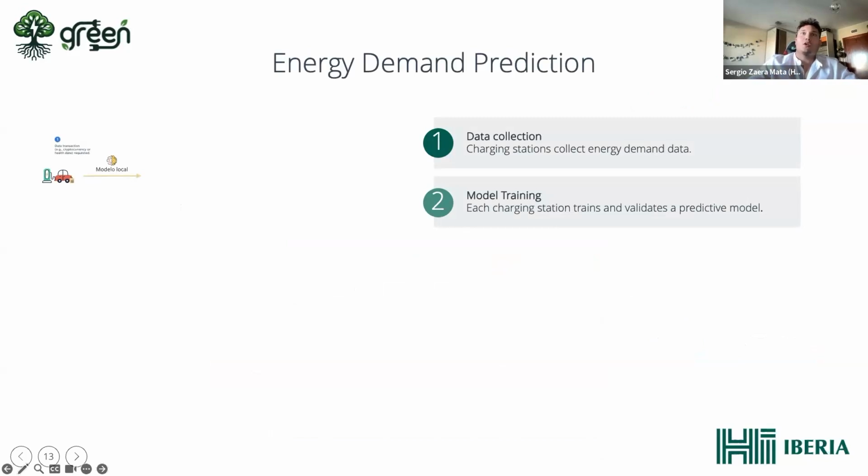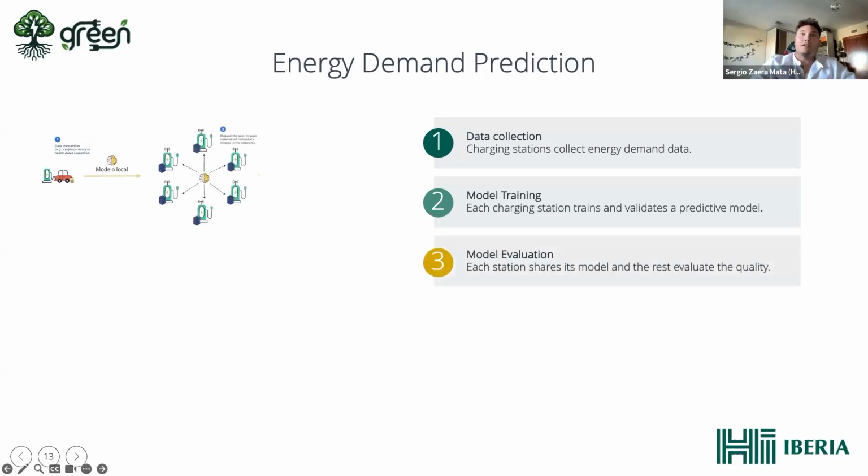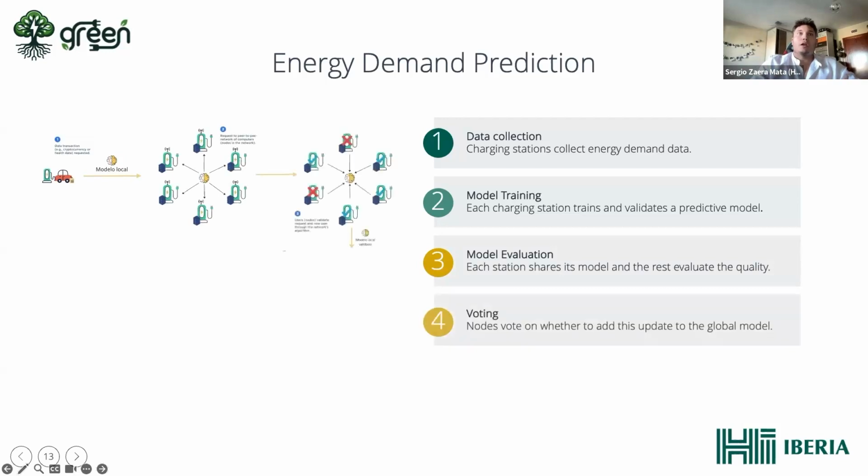This data is collected by the charging station as energy demand data, and its local model is trained with this data. Then this model is shared with the rest of the charging stations in the network, so the model can be evaluated by each of them. One of the models can be approved, but another not.